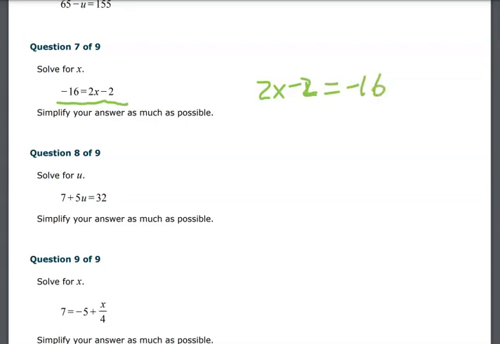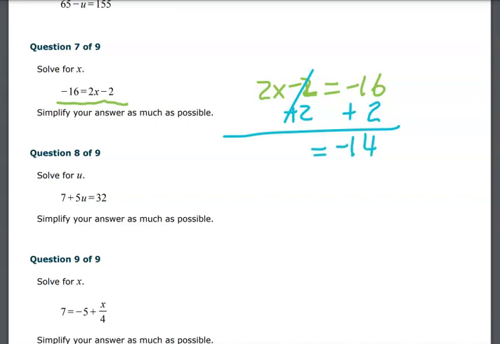What I'm first going to do is I'm always going to do the addition or subtraction and focus on getting that moved first. I see this minus 2 here, so I'm going to add 2 to this negative 16. This cancels, and I get negative 16 plus 2. Well, that's negative 14